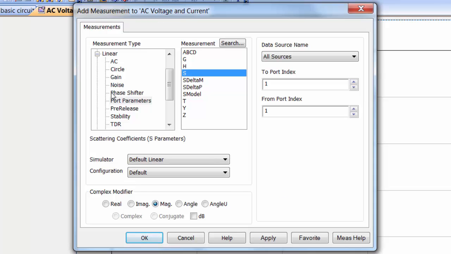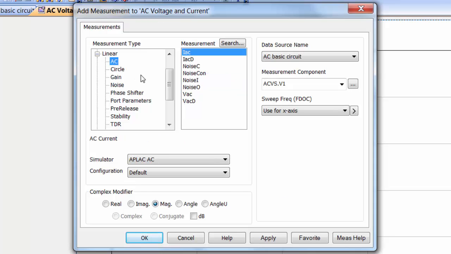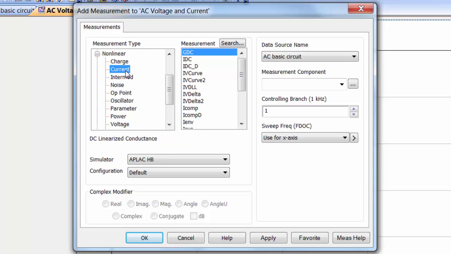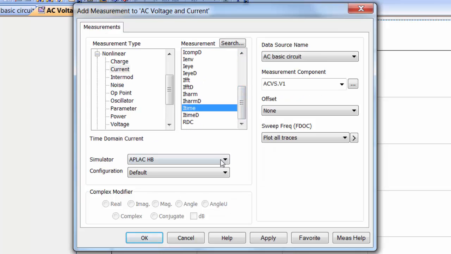Don't be confused by the AC linear measurement. This is not what you are looking for. You need to look at non-linear measurements to see the time waveform of periodic signals. So you can just collapse this and then expand your nonlinear measurement section, and here we'll select current as the measurement type, and as the measurement we'll select one which is called I-time, and this will give you the time